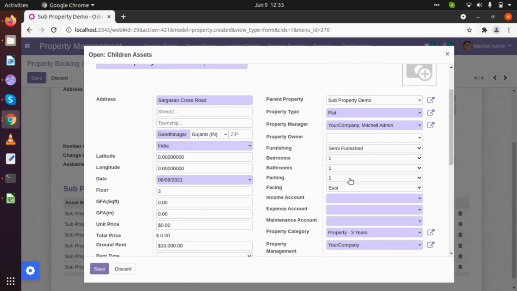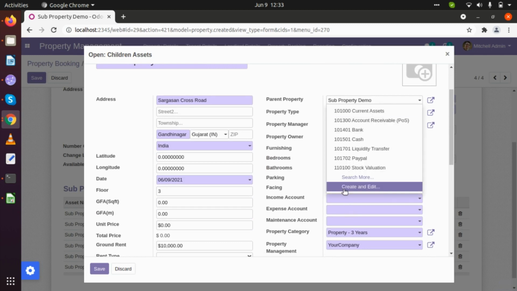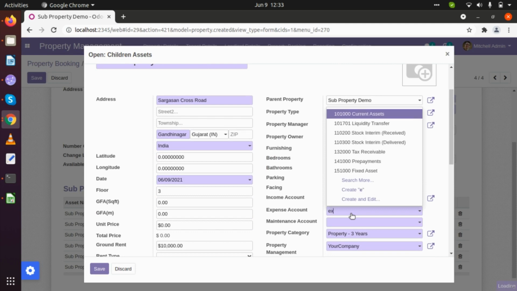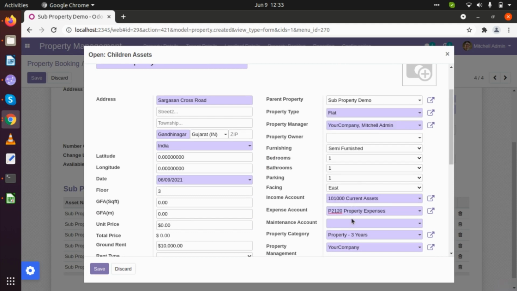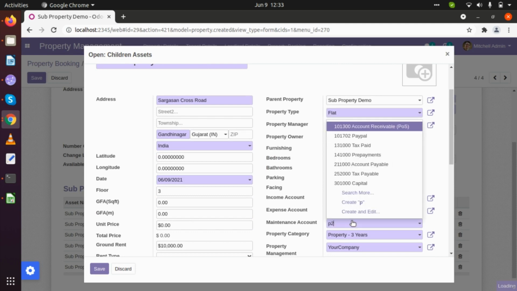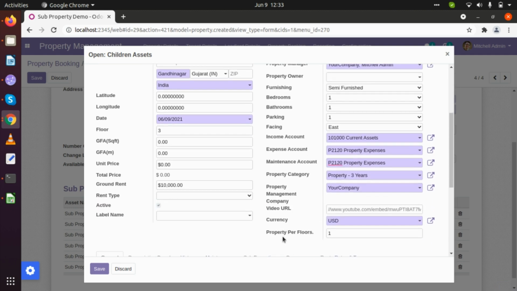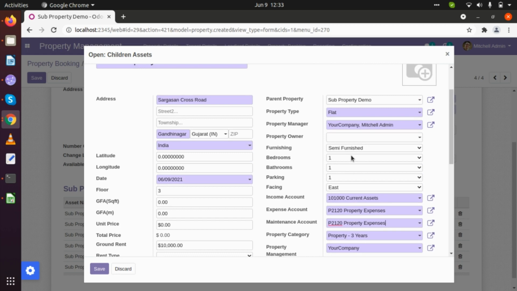Edit, and give its income account and expenses account. Property expenses P21, property expenses. Okay, here also you will be able to change its details. Let's say this is a fully furnished apartment.